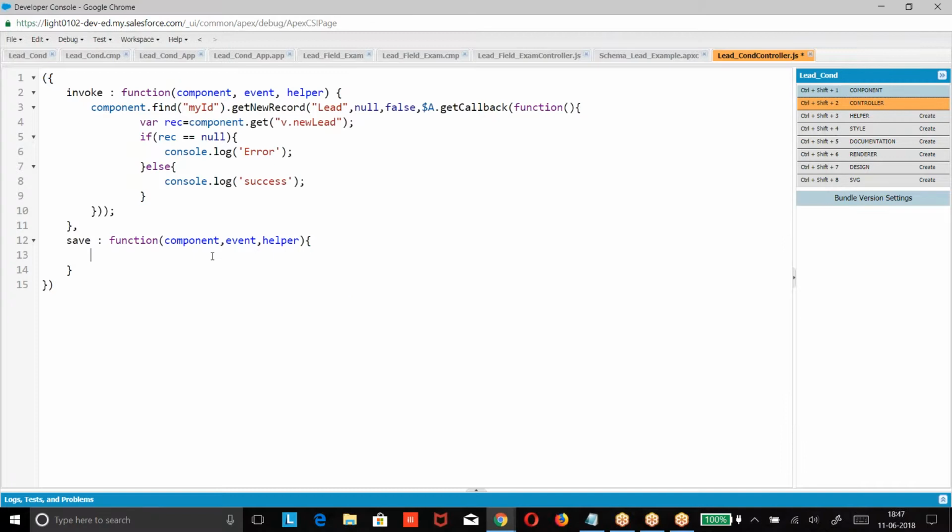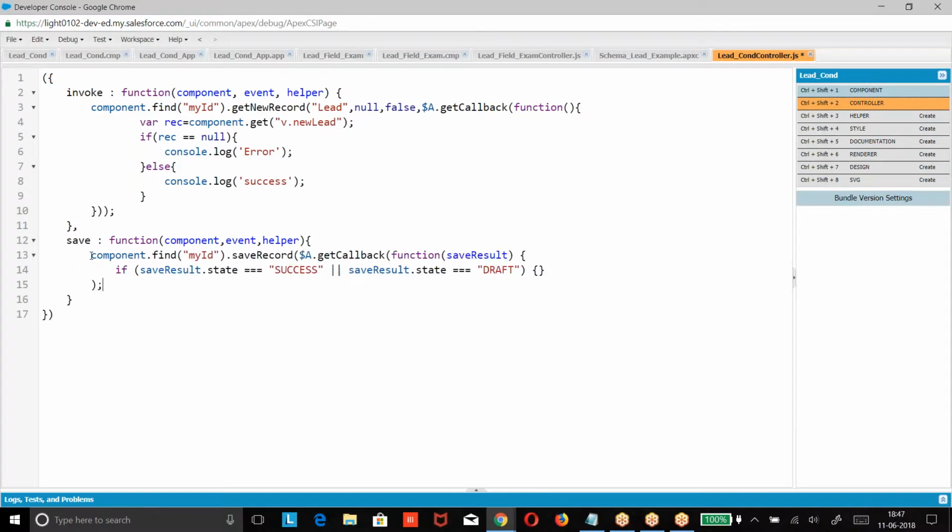So let me give you this. Component dot find id save record, $a dot get callback function save result. If the save result is success, else console dot log.